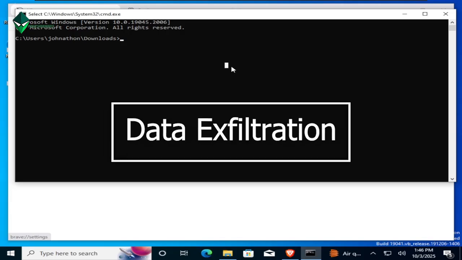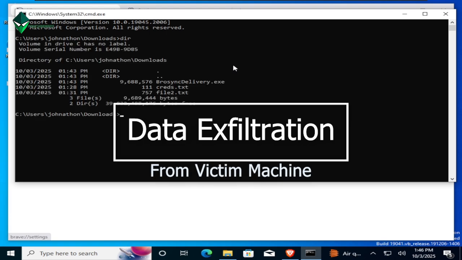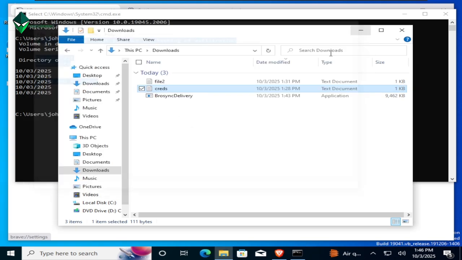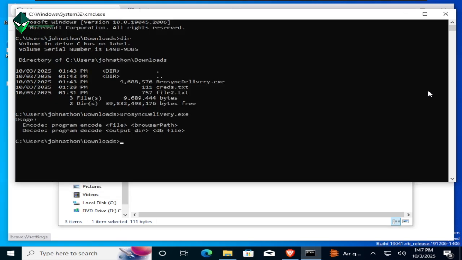Okay, the stage is set. I am going to exfiltrate these two sample files. Let me quickly show you their contents first. Running my custom Golang tool without any argument shows us the usage instructions. For exfiltration, we will use the encode argument, specify the file name we want to transfer, and the path to the browser executable. On Windows, you don't need to specify the path for Brave as the tool will look for it by default. Now, I will quickly encode both files.